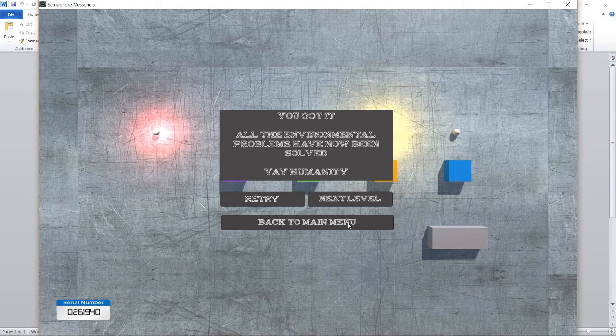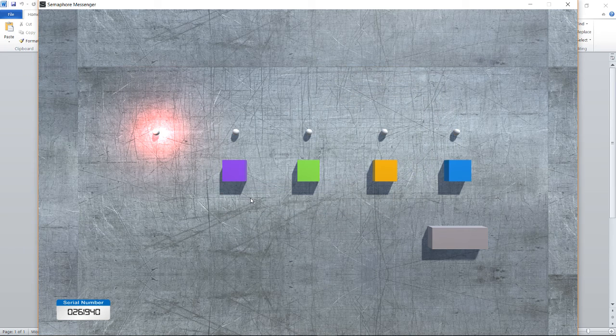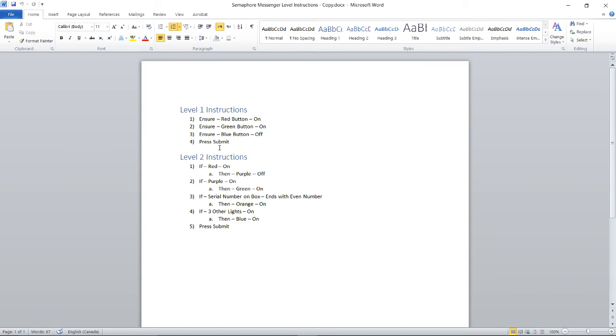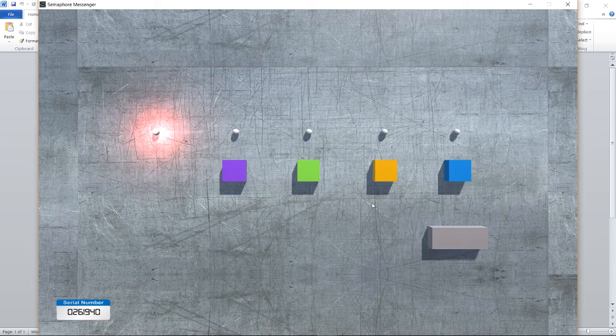One of the ideas that I had was having the light that's permanent blink on and off every 10 seconds. So like red's on here and red is on here, but then when it goes off, there will be a completely different rule set for off. So the messenger and the switchboarder not only have to pass along the instructions, they also have to time the submit button right. So that's one of the ideas that I had for level 3, which obviously will be pretty hard, but we'll see.